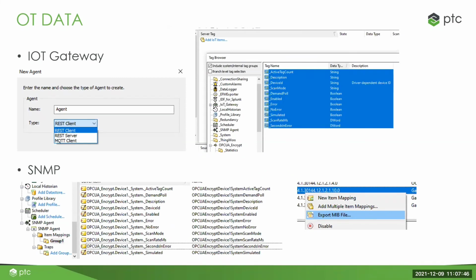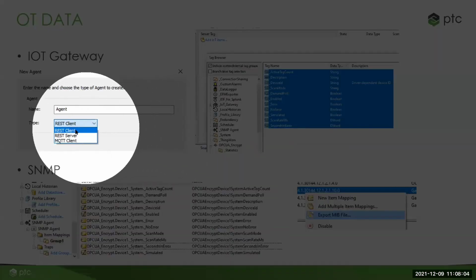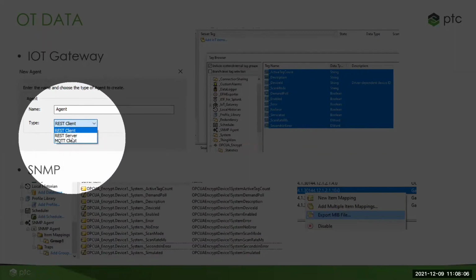For example, you could be using an ELK stack. Then you can write a small script to pull the OT data out of this platform into your monitoring tool, right? Or if you have an NMS in place that uses SNMP, you can use the SNMP agent to do just that. So if you look at our screen over here, this is the IoT gateway